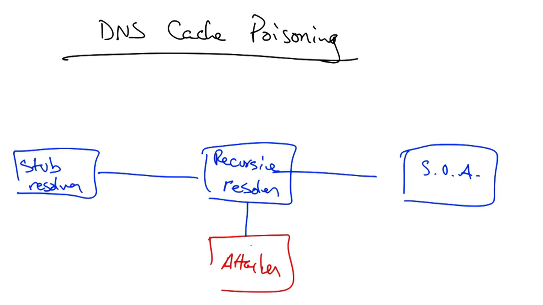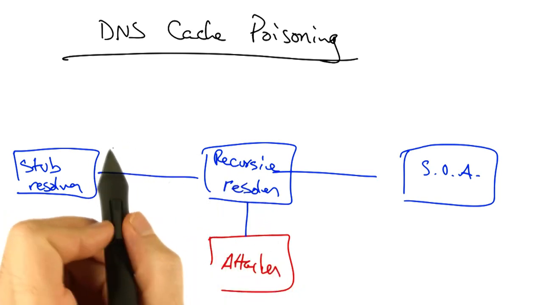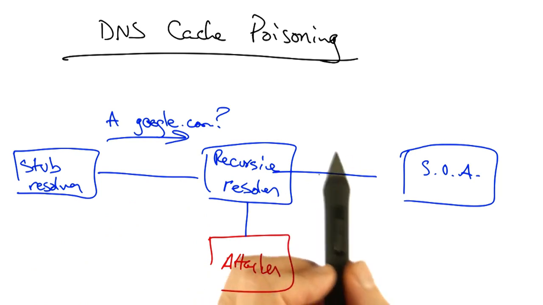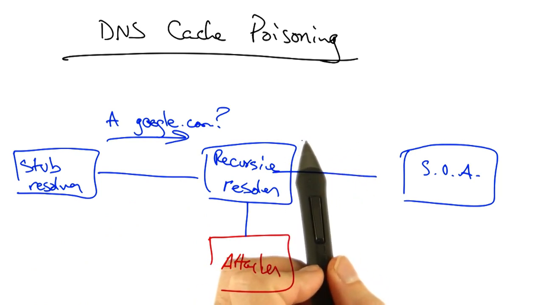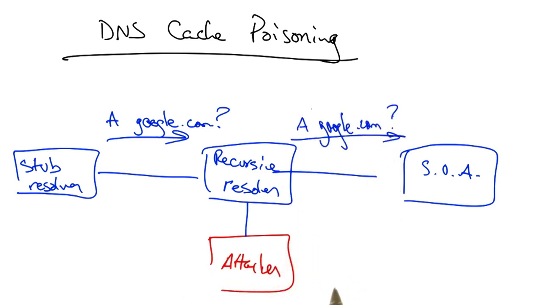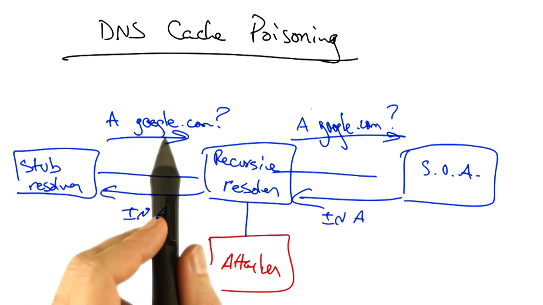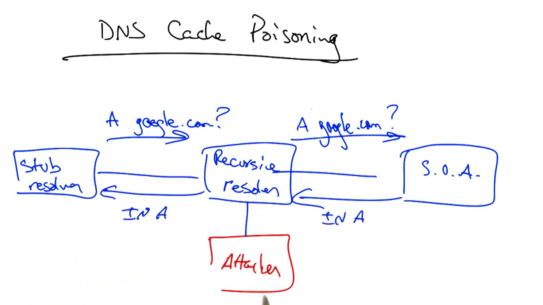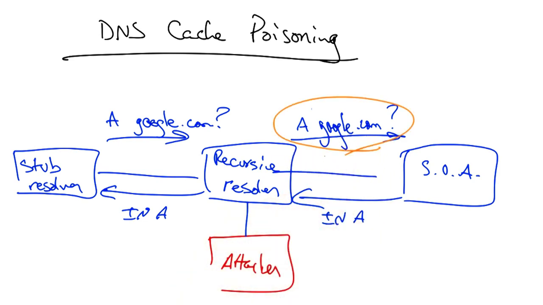To see how a DNS cache poisoning attack works, consider a network where a stub resolver issues a query to its recursive resolver, and the recursive resolver in turn sends that A record query to the start of authority for that domain. Now, in an ideal world, the authoritative name server for that domain would reply with the correct IP address. If an attacker guesses that a recursive resolver might eventually need to issue a query for, say, google.com, the